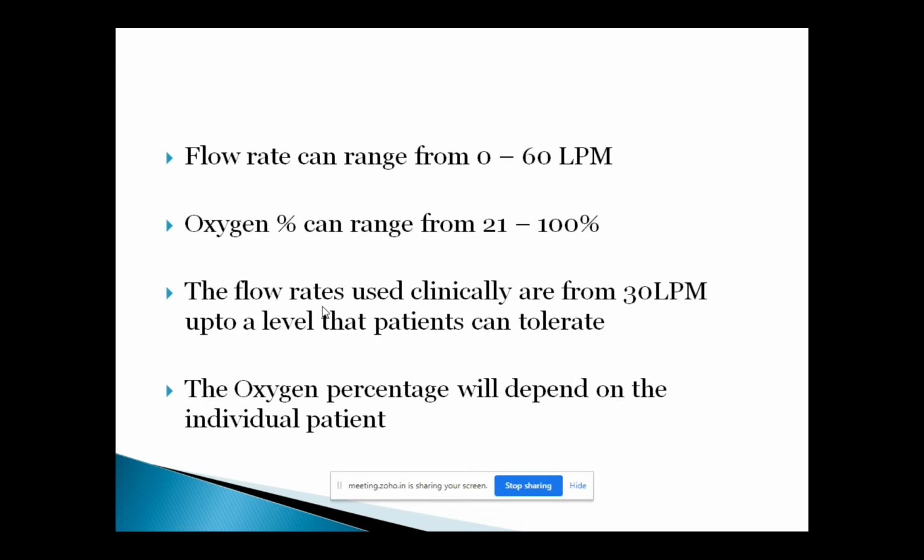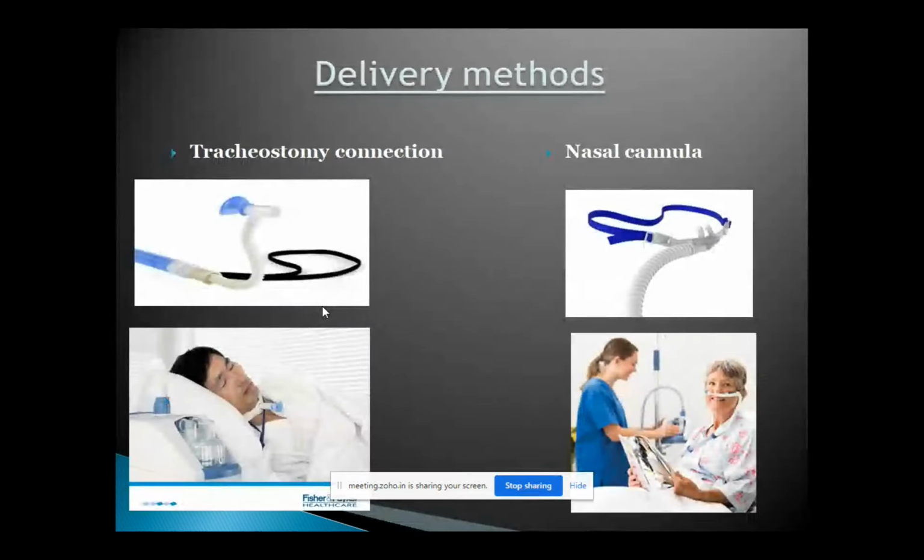can achieve that. But again, if somebody needs 100% oxygen, you need to really think, how stable are they? What is going on with them? They may be really unstable. They may need to be escalated to a higher level of treatment. They may need further investigation. Obviously, all those things will be decided by your consultant and your medical team.